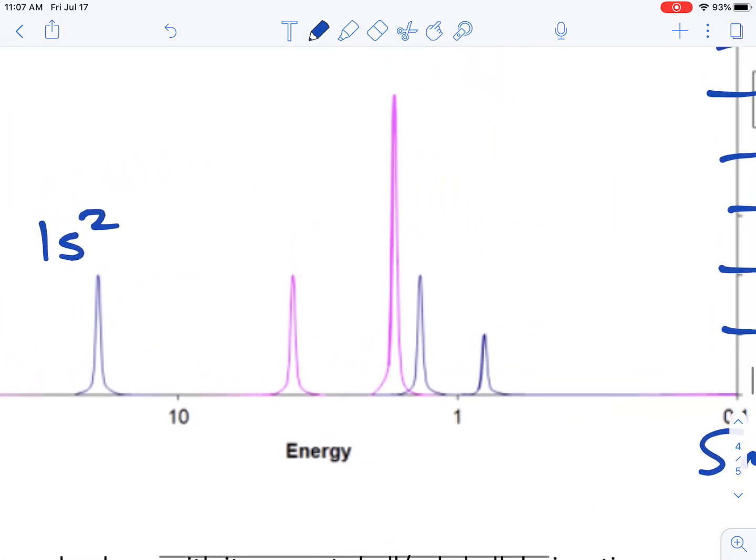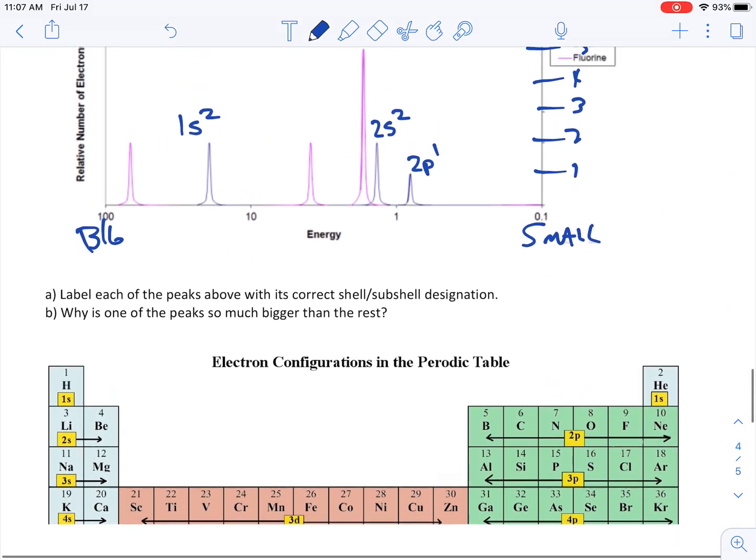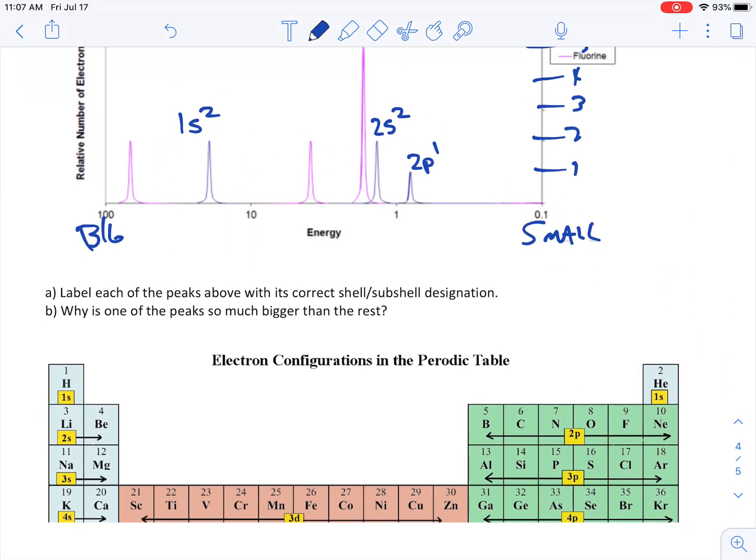This is going to be 1s2 for the boron. And then the next thing for boron, which is just the blue, this is going to be 2s2. And then this guy here is going to be 2p1, which follows right along with what we see in the